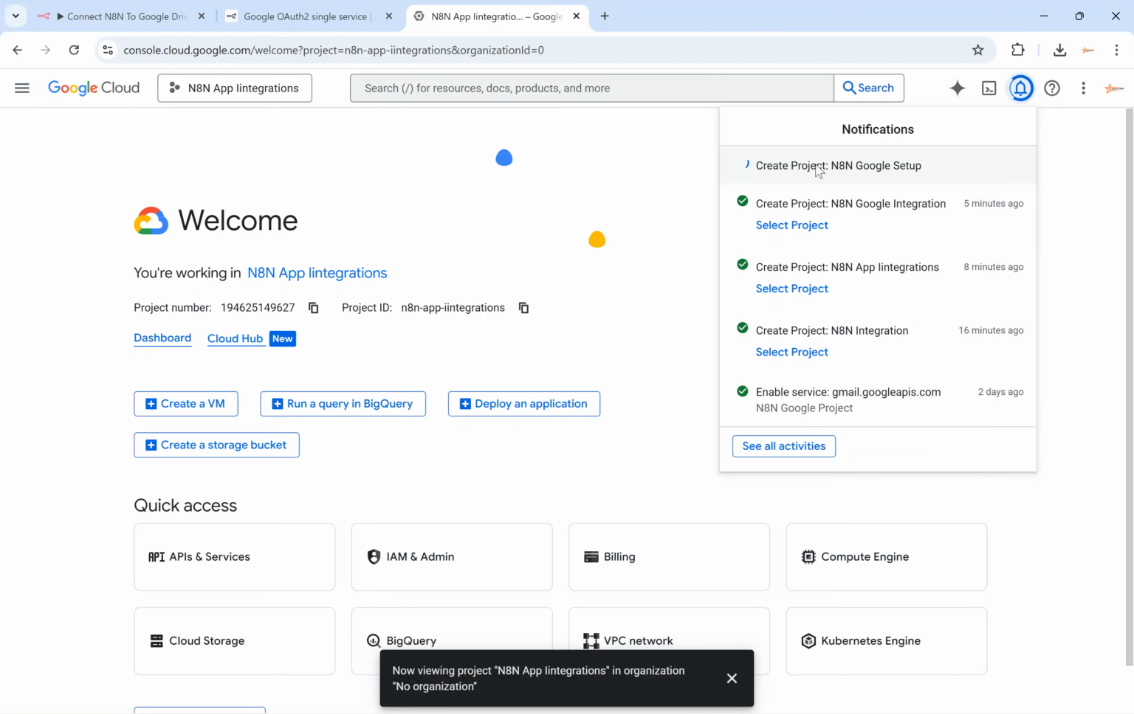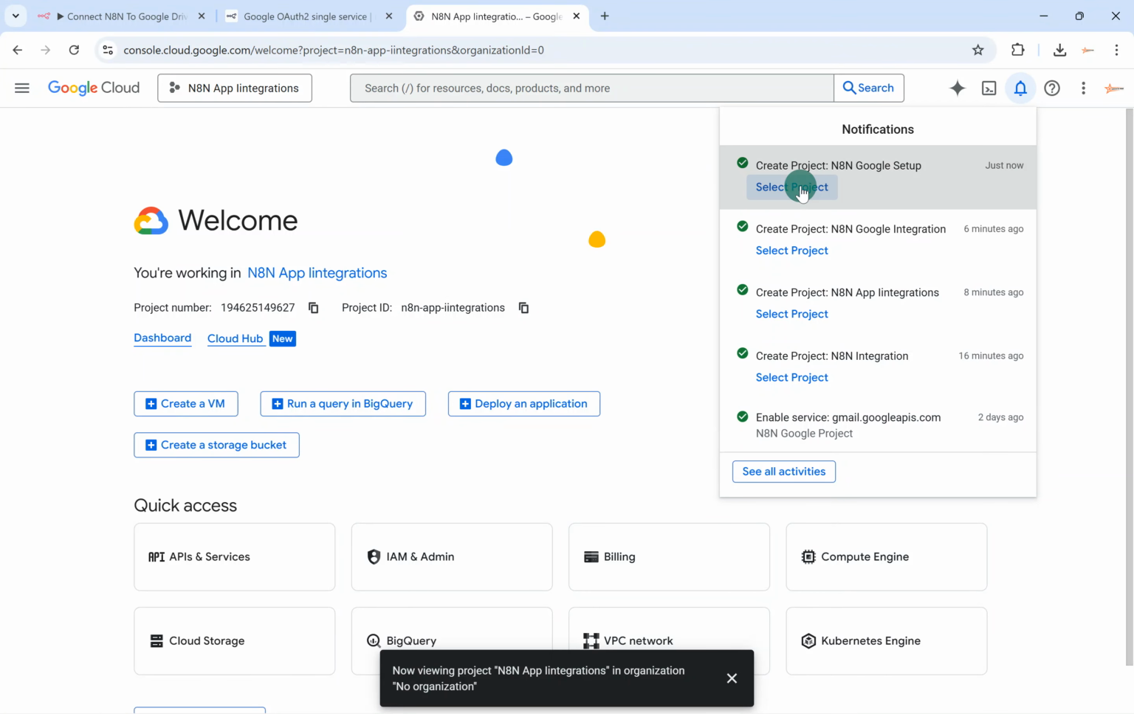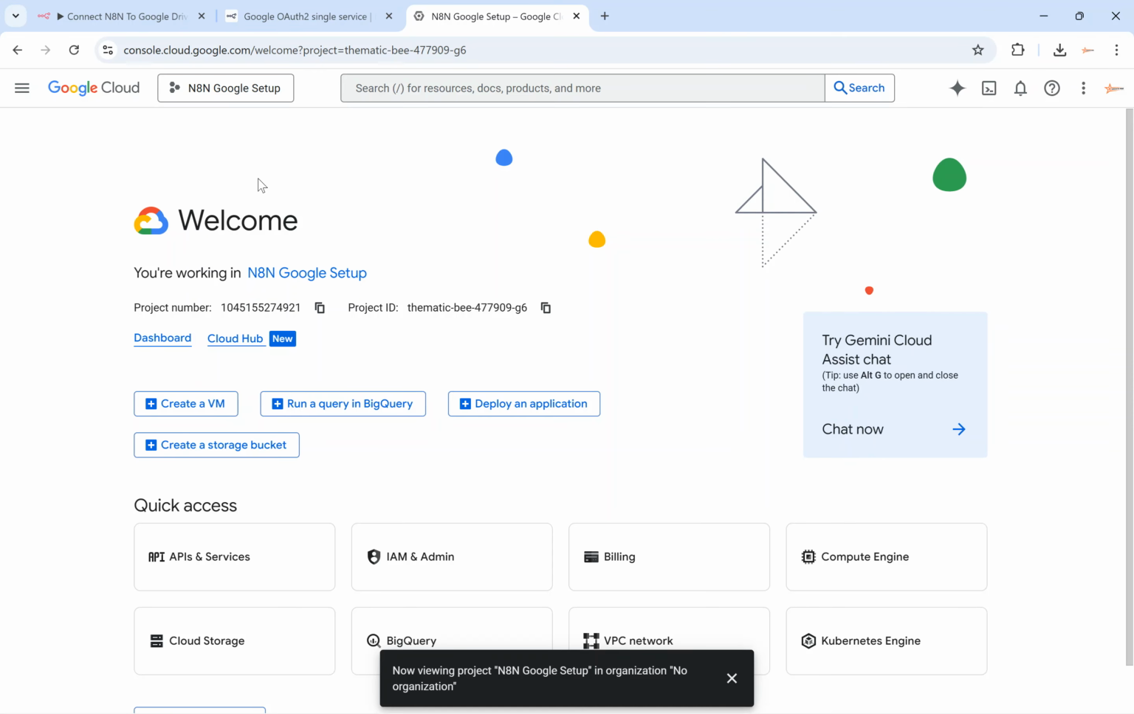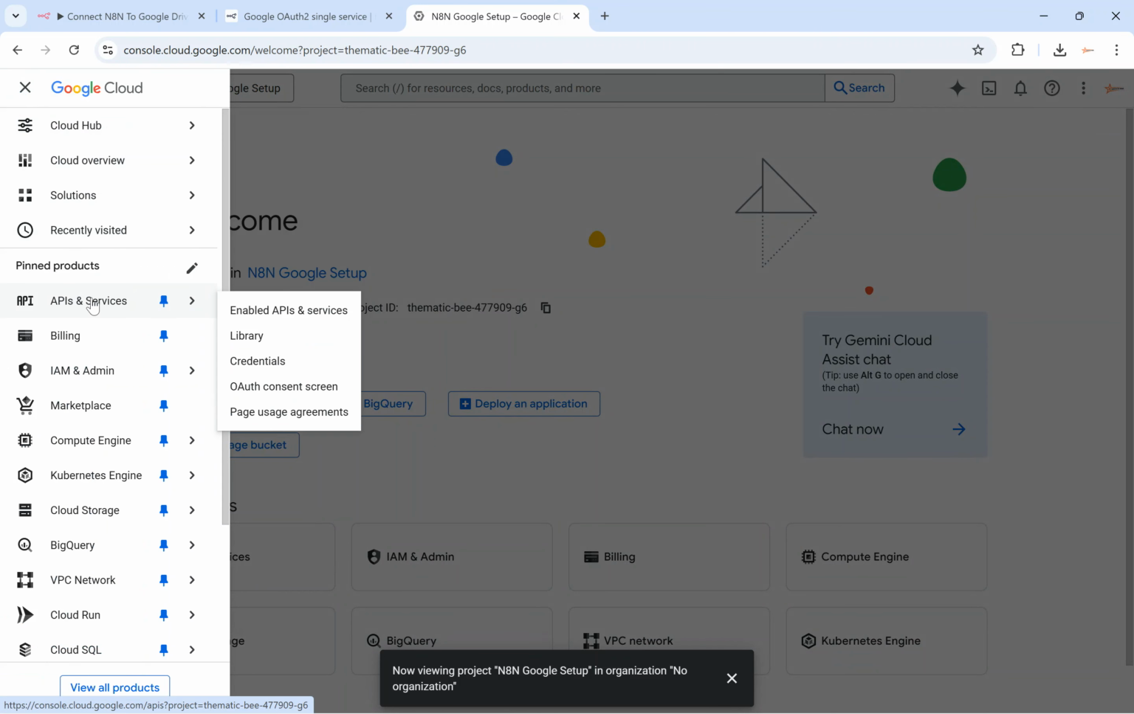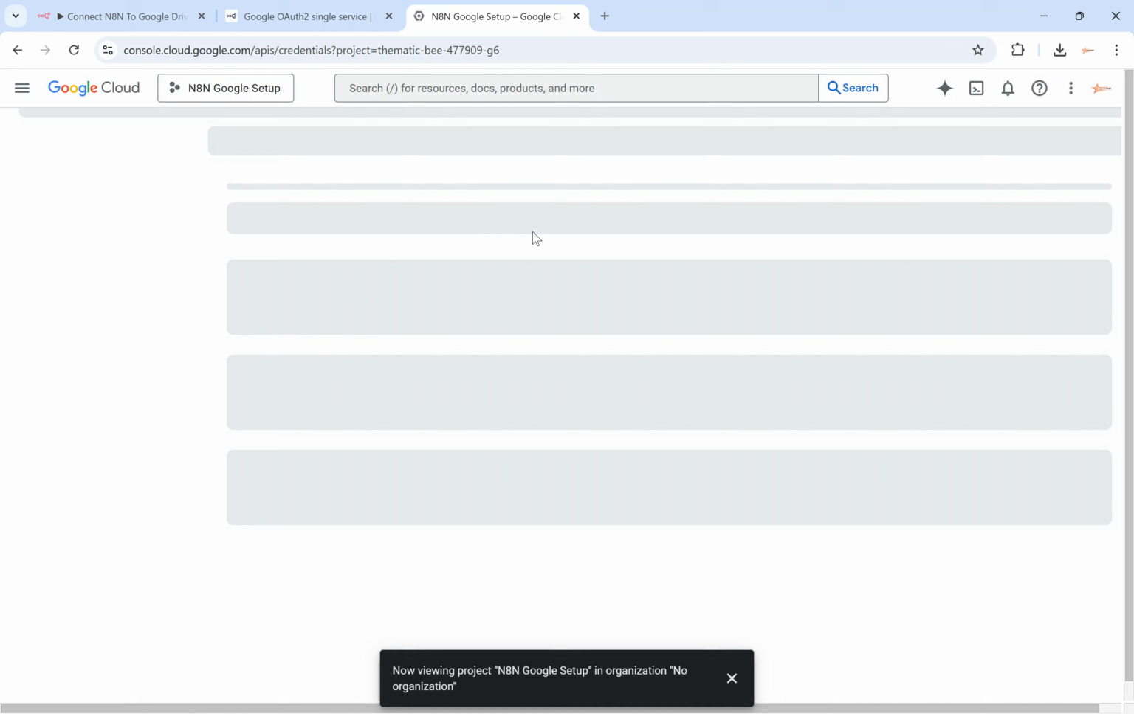So it is creating the project. Once this is created, you basically need to select the project. So select the project. Now we basically need to set up the credentials. So you go to left and then you have APIs and services. And then what you need to do is basically credentials. So when you go to credentials,